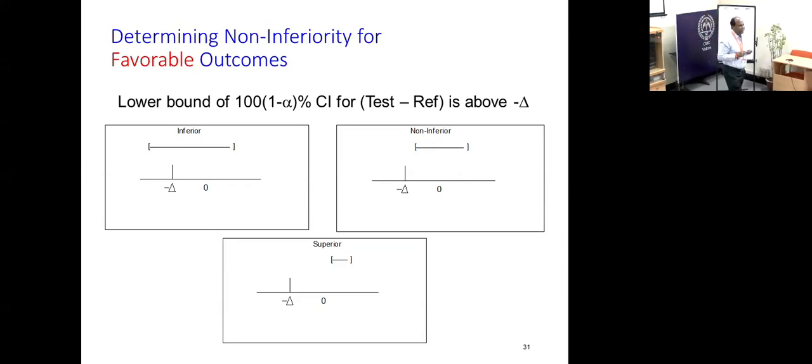So your eyes are expecting that kind of thing. What I'm saying is, that is correct because that is within this margin. Also look at the zero, zero gets included in this, and therefore I would say this is not only non-inferior, it suggests that it is equal, which is much better information. Please remember, it allows you to conclude non-inferior to equivalence. Sometimes it will be equal to non-inferior.